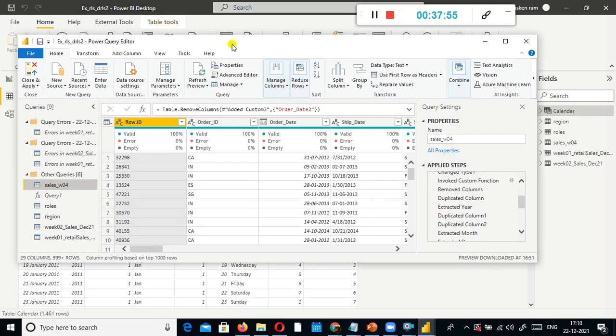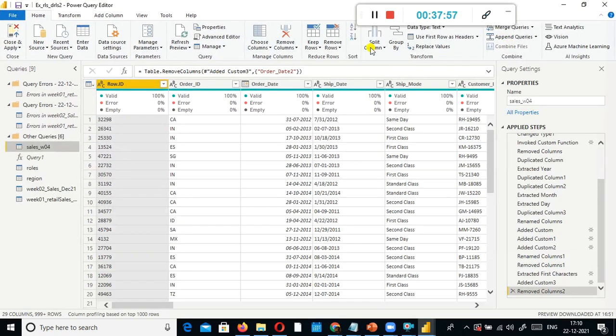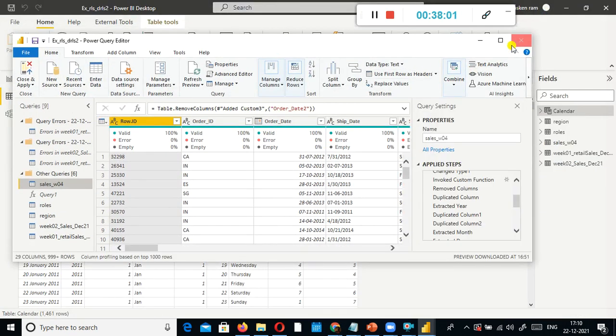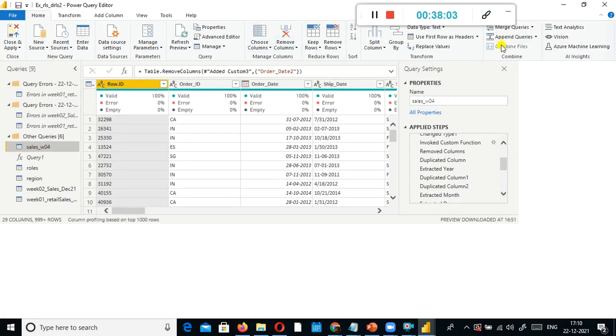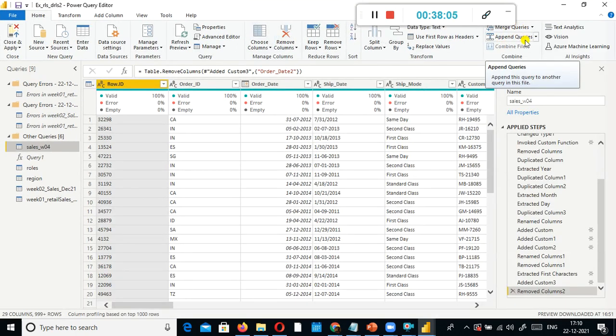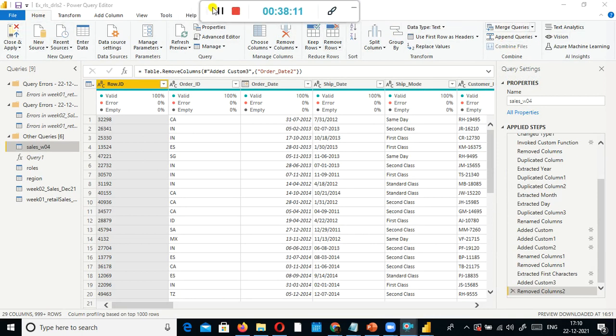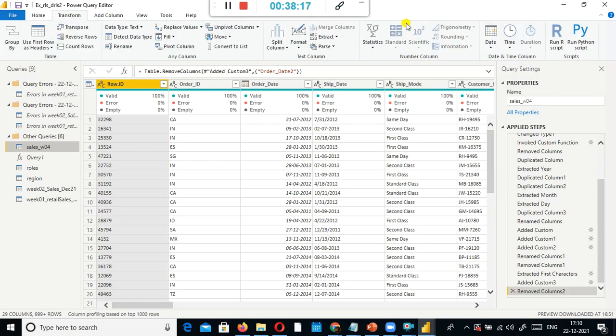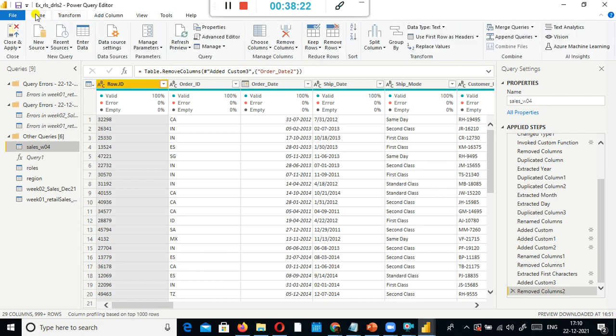I don't know why they kept it here. See, now under the home ribbon, this one comes here, the append queries, merge queries. If I don't open Power Query Editor in the home ribbon, I don't see this one. Ideally, this is also part of the transformation. They should have made it part of the transform. Maybe because of not having space, they kept it here.